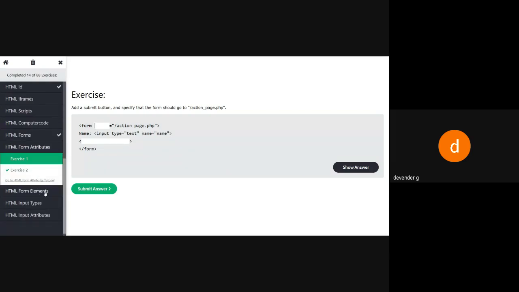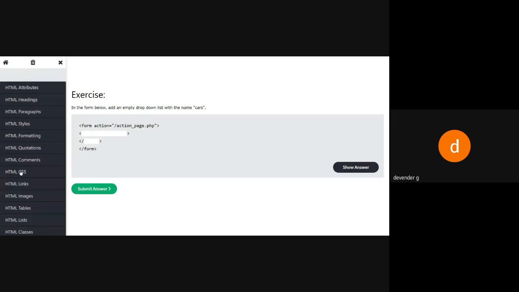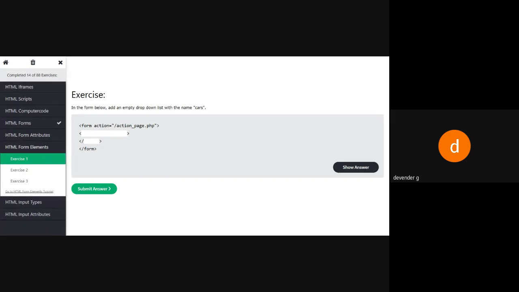Now we'll see the form elements. I want to add an empty drop down list with the name cars. So for a drop down list, what do I have to use?